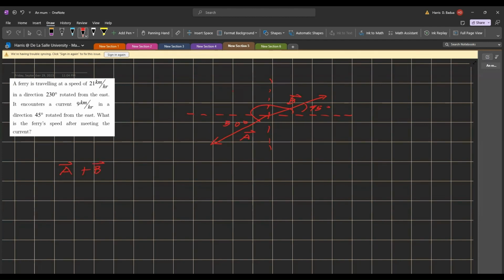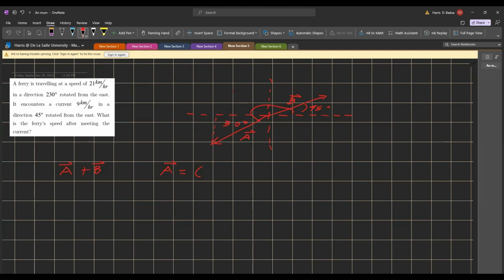And remember, vectors are not limited to distance or force or speed. There are many ways to use vector components. So first up, let's find out the x and y components of A and vector B. So for A, we have 50 degrees here that we already solved. Let's solve for